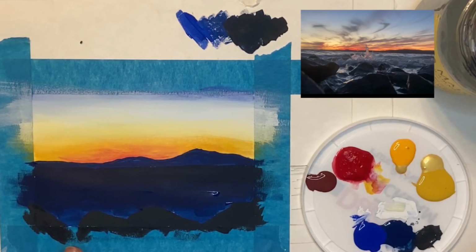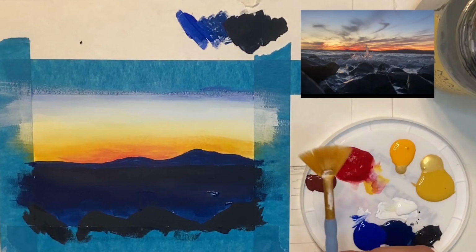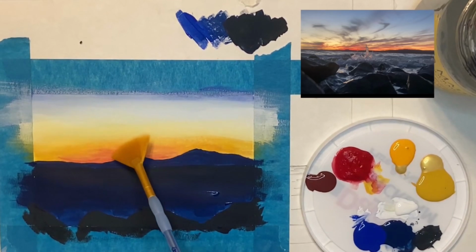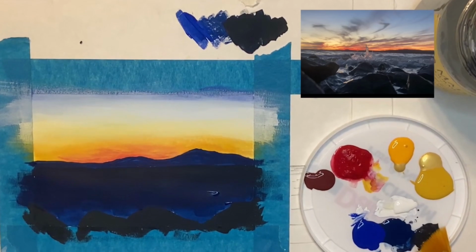So this part, I'm going to let dry just a little bit. I've got some wet paint here, but I think I'm going to go in and start doing some clouds. Those clouds are gnarly, huh? Those are just wild. I think I'm going to use my fan brush, maybe? Here's my fan brush. They don't really go one way or another. They seem to radiate out this way and this way. So I'm going to see about making